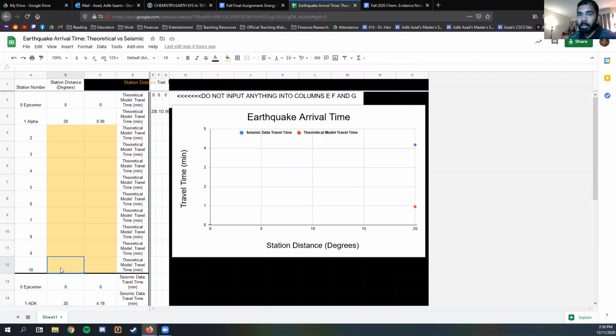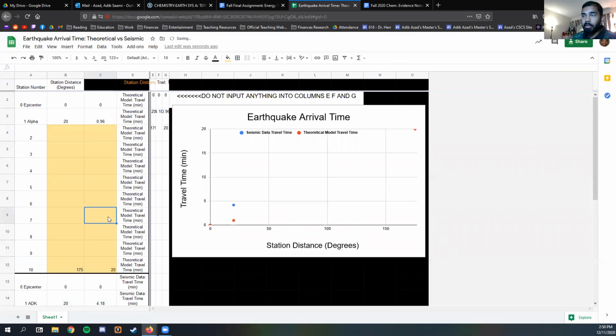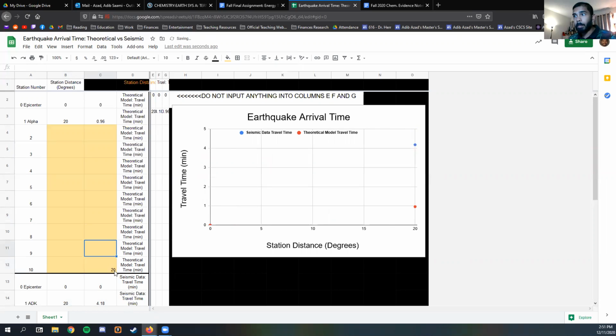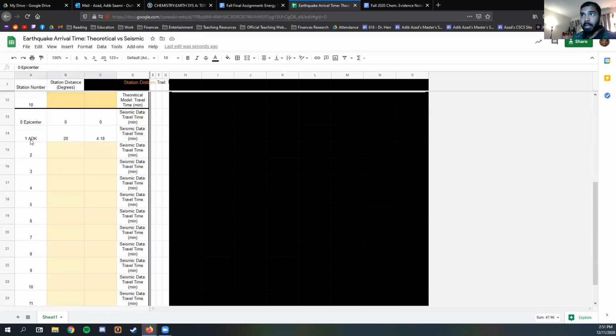Let's say you had, okay, let me just type in 175, and let's say it's 20 minutes, right? So if you're at a station 175 degrees away from the earthquake, it took 20 minutes to get there, but that doesn't matter. The point here is that the graph updates itself automatically. So by the time you fill in all your data, you'll have a nice set of data points to compare. Okay, so whenever you're done inputting your data from the first table and then the second table,